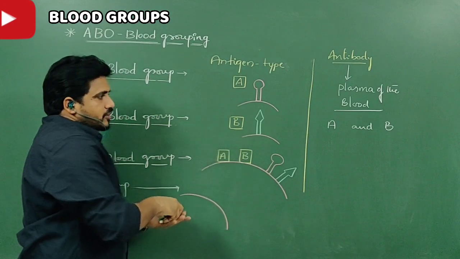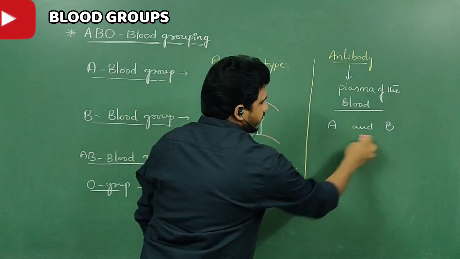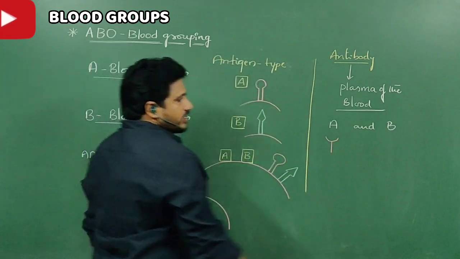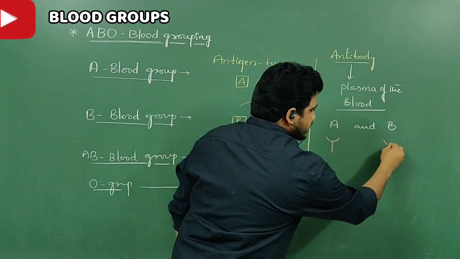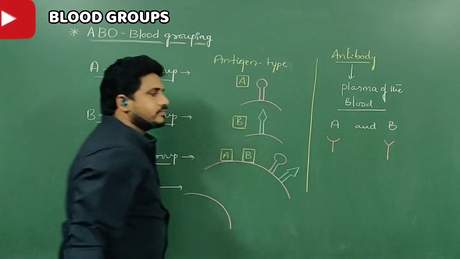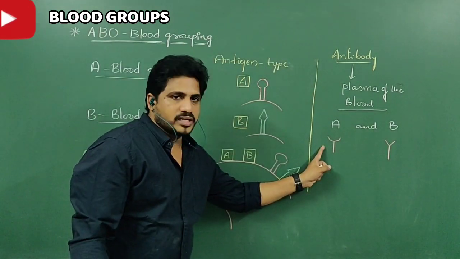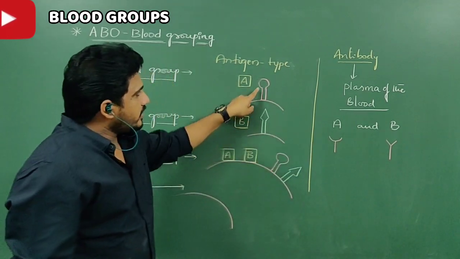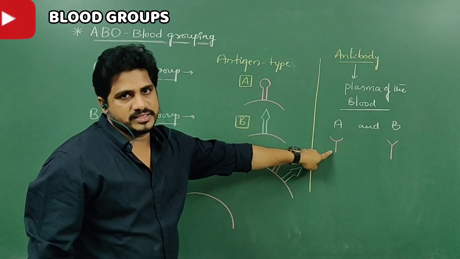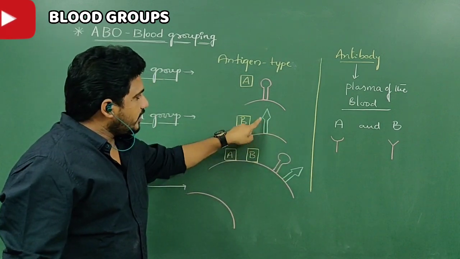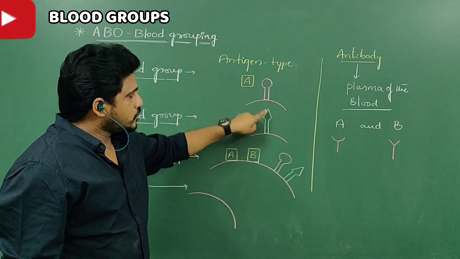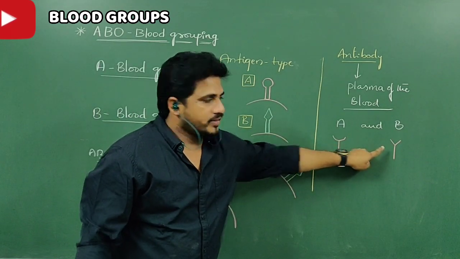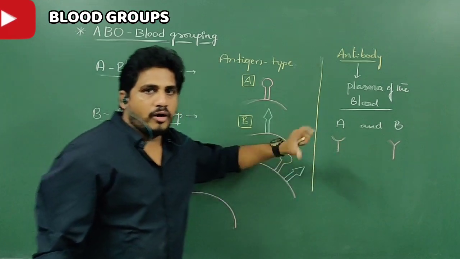Let me take the shapes of antibody A and antibody B. Antibody A is like this and antibody B is like this. So this is a little hemicircular shape and this is a V shape. Antigen A is circular so that it can be easily blocked by this. Antibody B is a V shape, nothing but a sharper angle, so it can be locked in this V shape. That's why these two are opposite to each other.